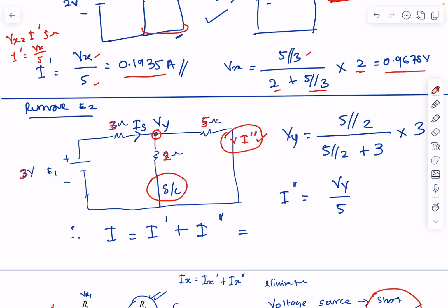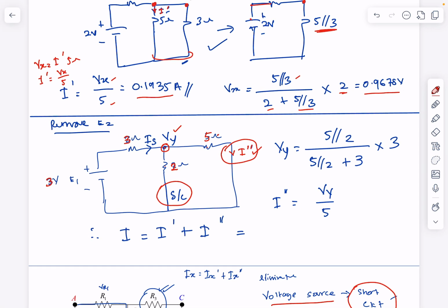So in order to calculate Vy here, you can use the voltage divider rule, which is 5 in parallel with 2, divided by 5 in parallel with 2 plus 3, which is this resistor, times the source voltage here, which is 3. So Vy you should get here divided by 5, you should get